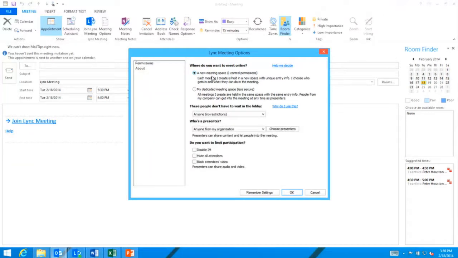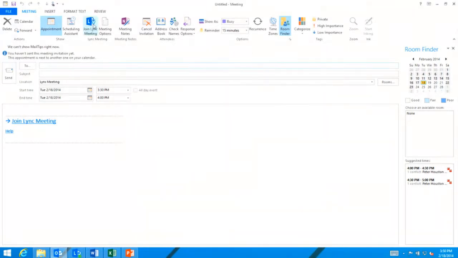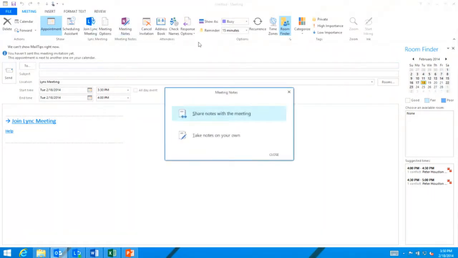It's very simple to give the correct level of permissions, who is presenter, who is attendee, and I'm going to demonstrate how it's different. You can mute all audience. You can block attendees' video. My favorite feature about Lync meetings is meeting notes. So you can start your meeting notes right in the process of scheduling the meeting. And you have two options. First, you can schedule this meeting and take notes on your own. That means they will be located on your PC or laptop, or you can share the notes with the meeting. So let's invite some people and see